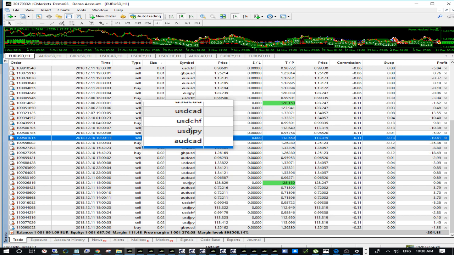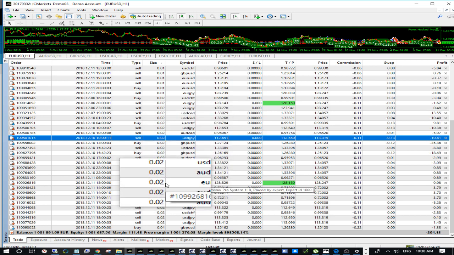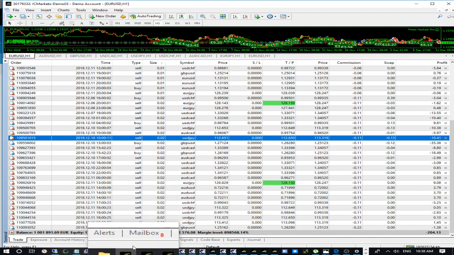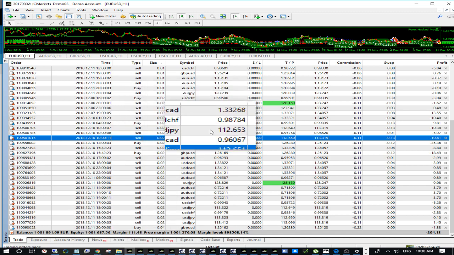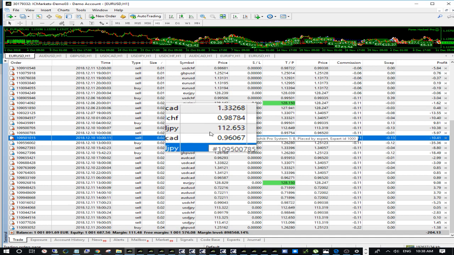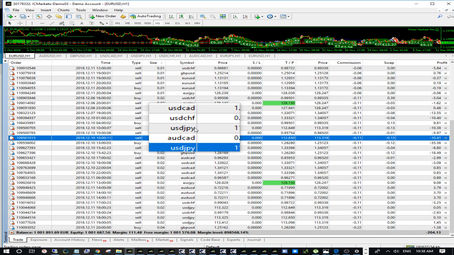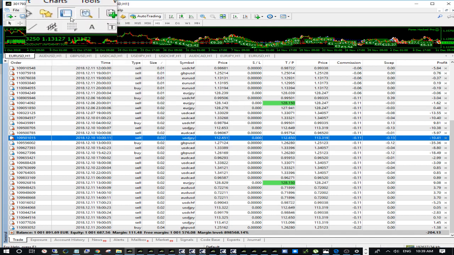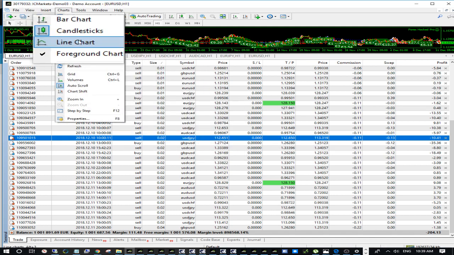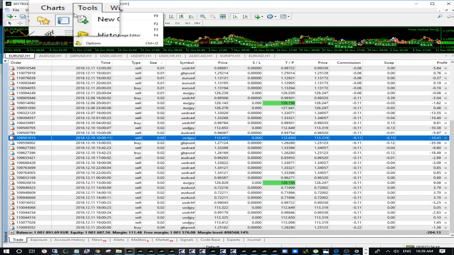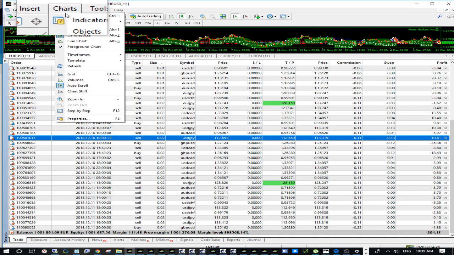Alright, now what we are looking at is called MetaTrader 4. For those who don't know, MetaTrader 4 is being used by more than 650 banks worldwide, and everyone can download it on their phone or on their computer and basically do chart analysis. You can draw lines, you can add indicators. It's a very versatile